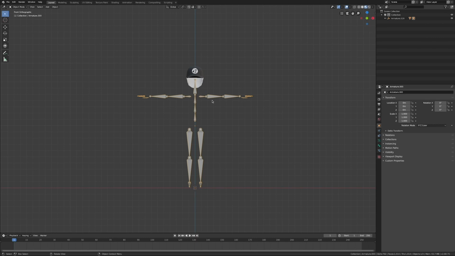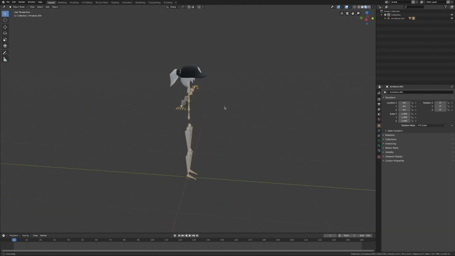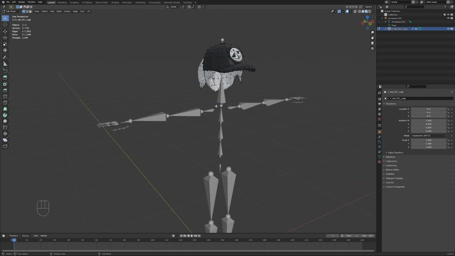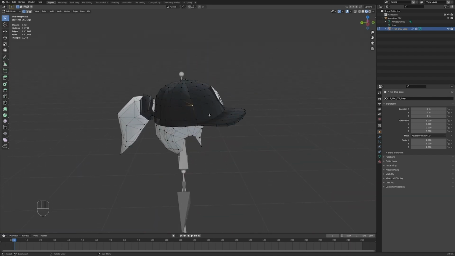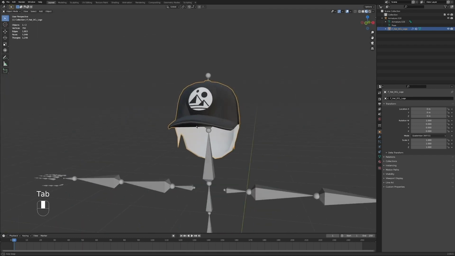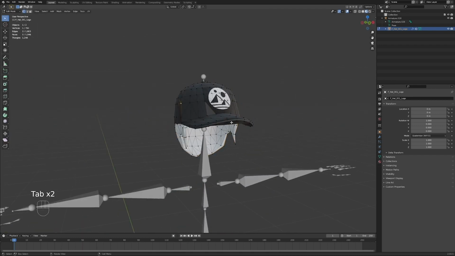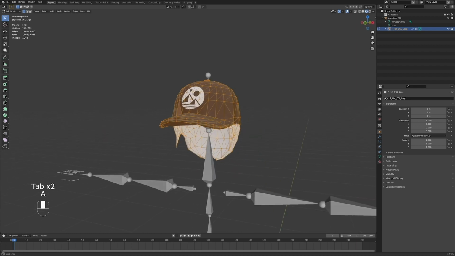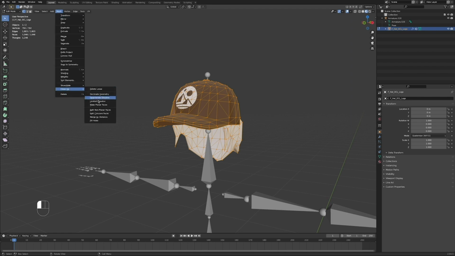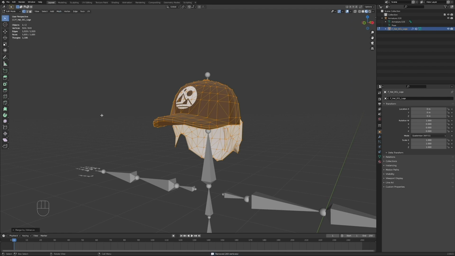Okay, and aside from the skeleton or armature, we can now go into edit mode with tab, and you'll see that we have a lot of loose geometry here. That's because we imported it as a GLB file. Now we can easily change that by selecting everything with A, going to Mesh, Clean Up, and Merge by Distance. Okay,